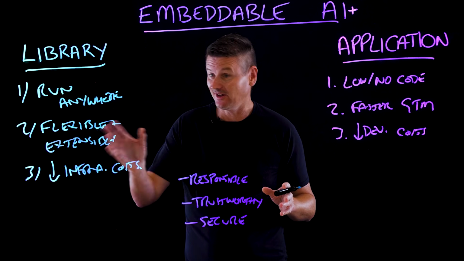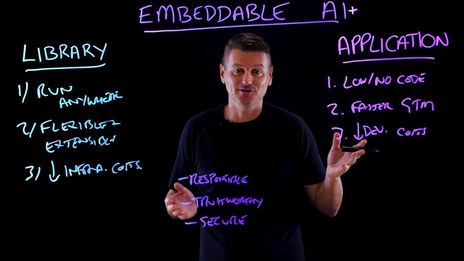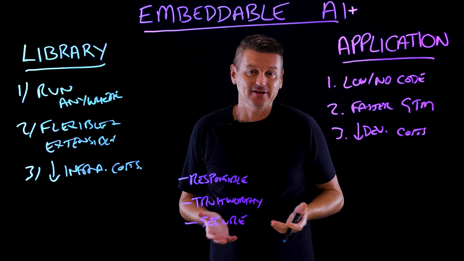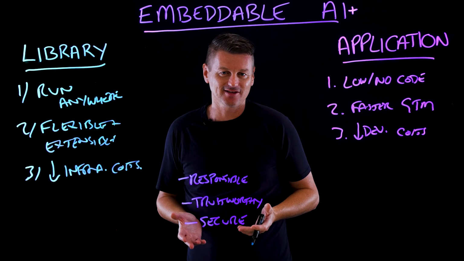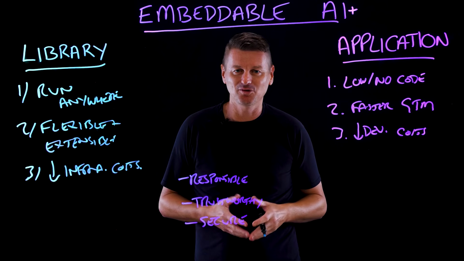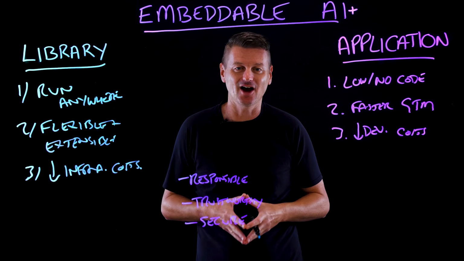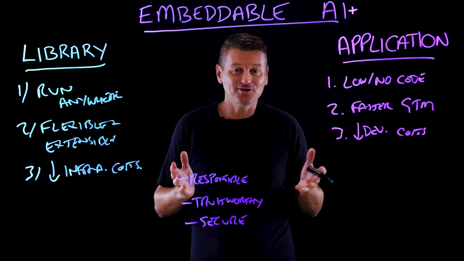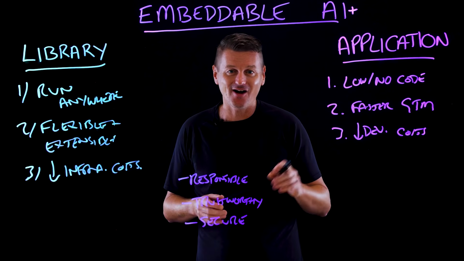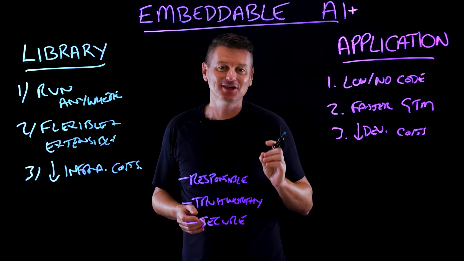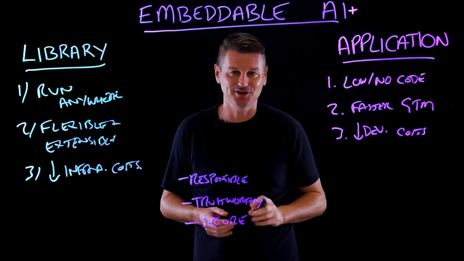So, when do you use a library versus an application to embed AI? Well, when considering what to choose, ask yourself questions like, does your solution run on multiple clouds? Have you factored in the compute cost for hosting the AI portion of your solution? What is your company's go-to-market plan? Your answers should help guide you to pick the right form factor for your situation.